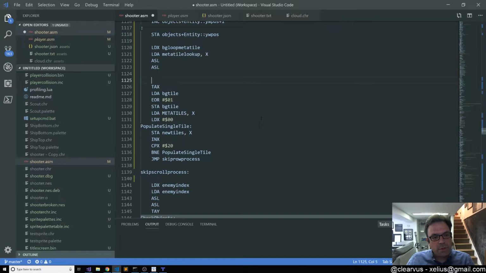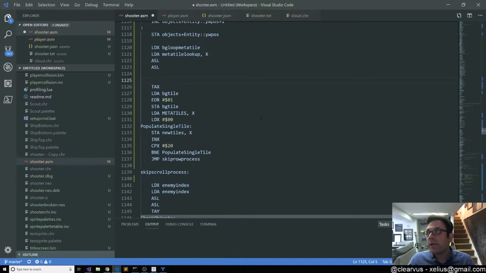We have A. We're going to store A into BG tile. Let me think about this. So we have our metatile lookup. We have our offset into the metatiles. So now at this point, now that we have our offset into the metatiles,